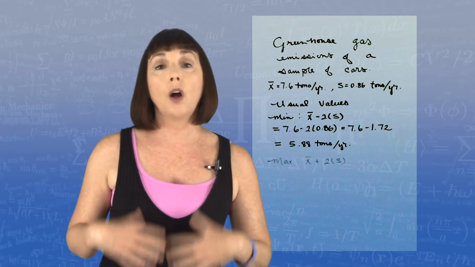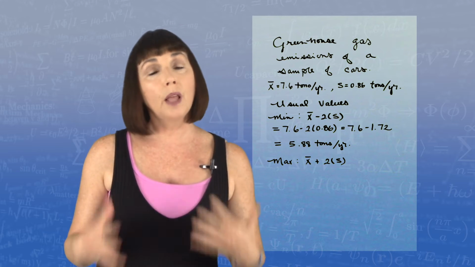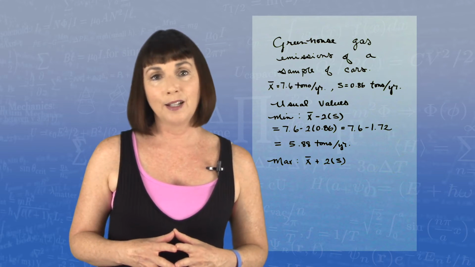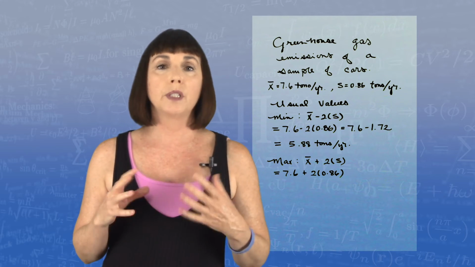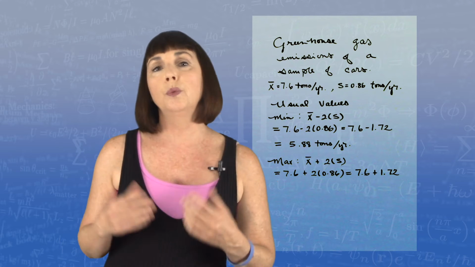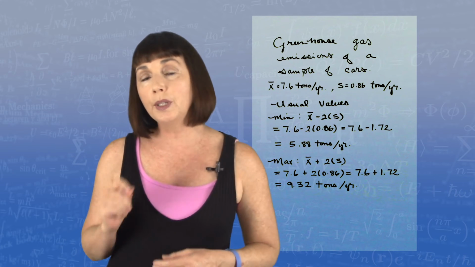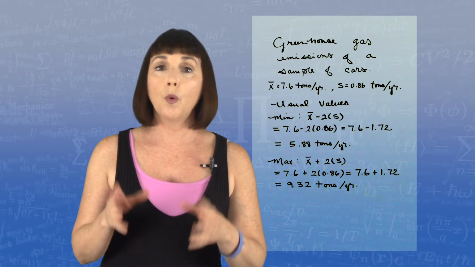So now let's find our maximum usual value. That will be x bar plus 2 times the standard deviation. So that's equal to 7.6 plus 2 times 0.86, which is 7.6 plus 1.72, which is equal to 9.32 tons per year. So the question is